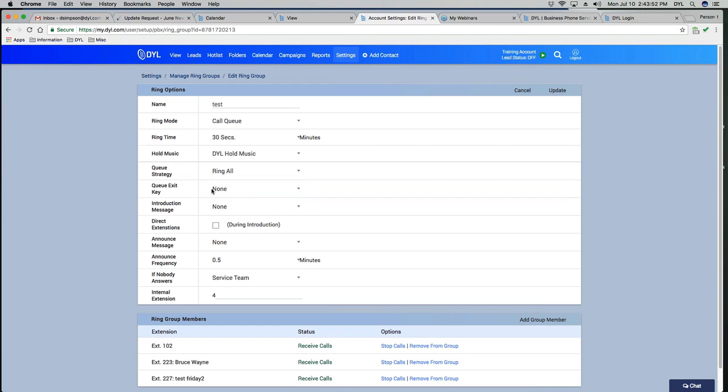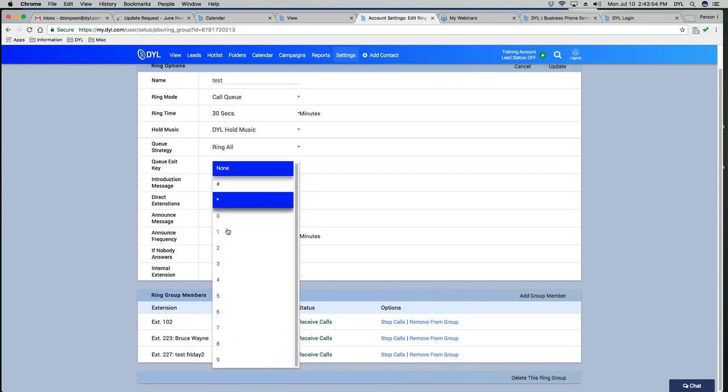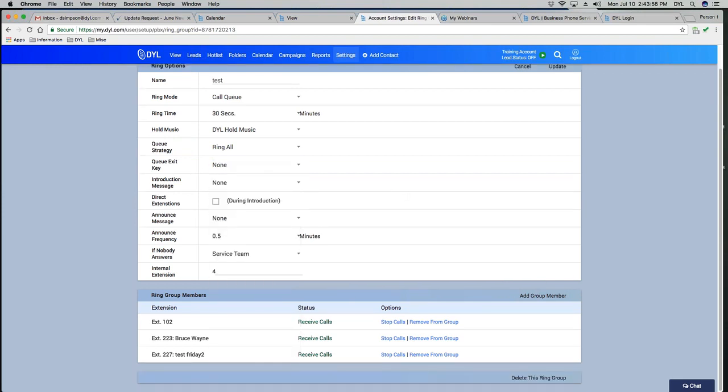If you want the queue exit key, you can choose that between pound and 9. If you want the introduction message to play while you're in the call queue, you can choose that as well. Your introduction message is going to be an IVR menu. So let's say that you want to utilize an IVR message, but you also want to utilize the call queue. This is how you will set that up. You'll have the message play here, and then you'll route your calls into the call queue in the phone number